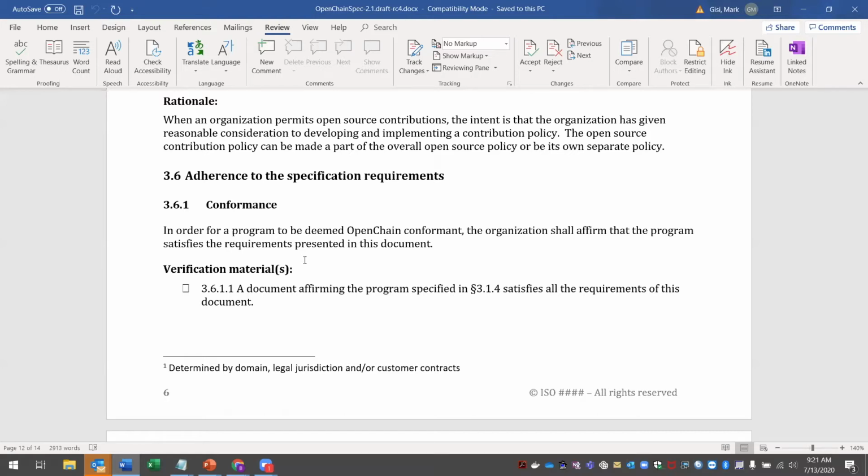Yeah, Mark, just on this public point, I absolutely agree that it doesn't have to be made public. But I think that if somebody is going to claim that they have an OpenChain conformant program, then they have to make the document public, because there has to be a definitive document that says what the scope is, because we don't want people using the imprimatur of saying, we're OpenChain compliant, when it actually turns out that it's just a tiny little bit of their organization that has been through the program. So all that I'm saying is that if they do choose to say in public that they've got an OpenChain conformant program or that their organization is OpenChain conformant, then that's the point at which they have to release the document, and none of the other supporting materials. I mean, only that single document itself.